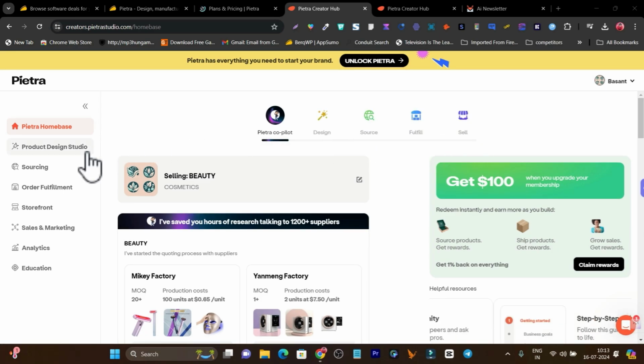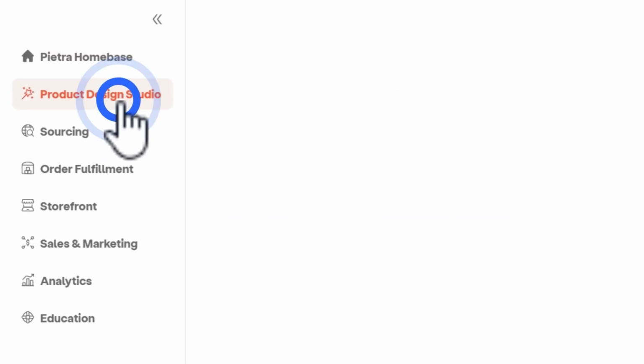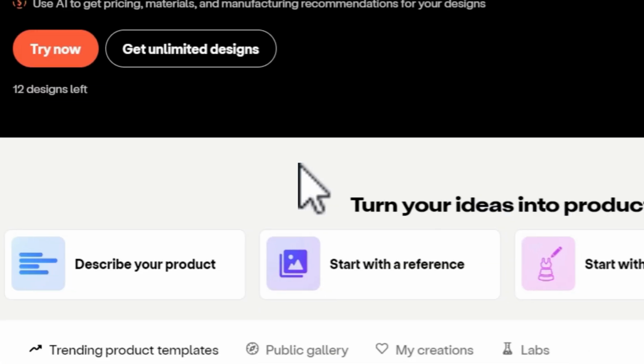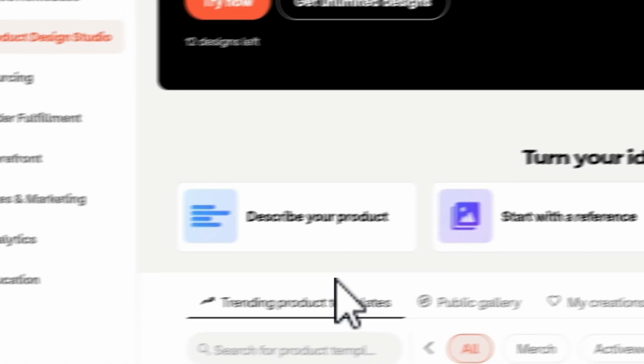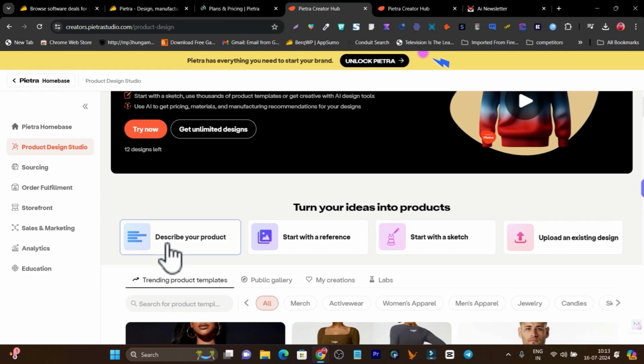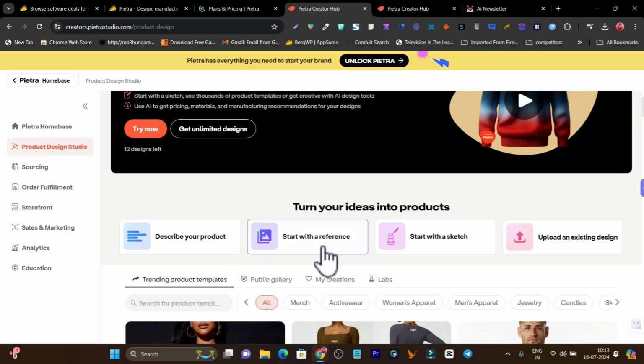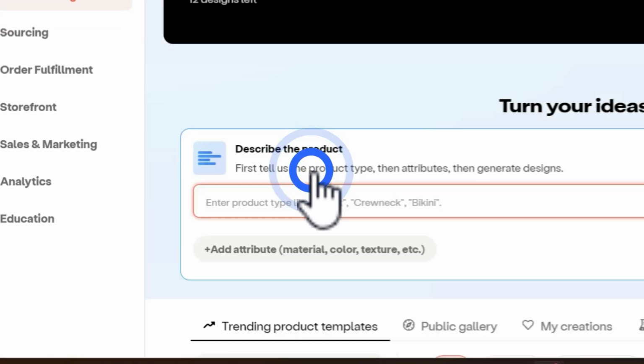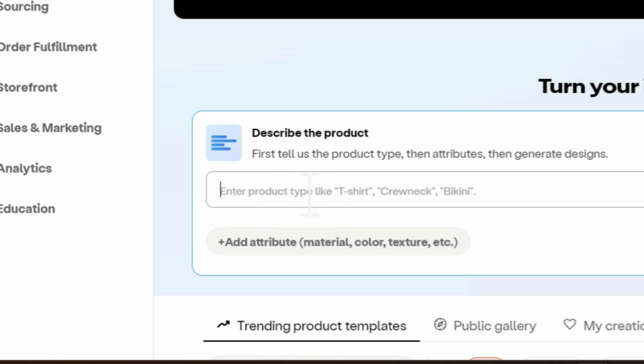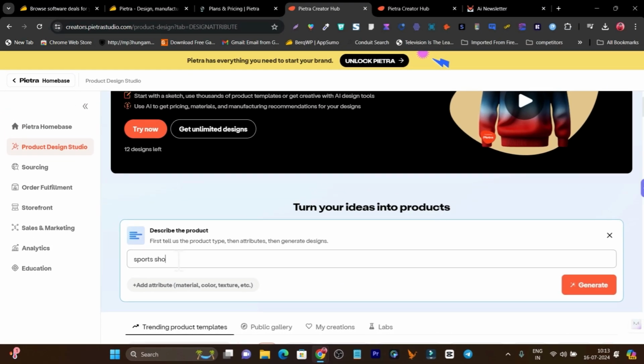So first let me go with its product design studio. Let me click on it, and this is its product design. You have multiple ways to design your product: with the AI text prompt, starting with a reference, starting with a sketch, or uploading an existing design. Let me go with its AI text prompt here, and I want to create a shoe. So, sports shoe